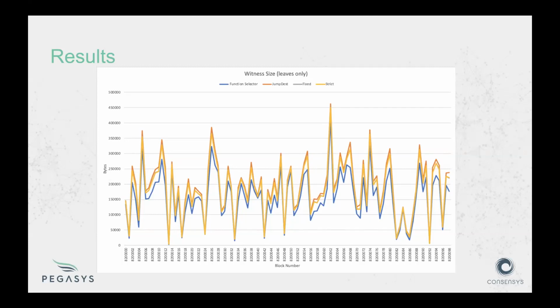There are also some of the contracts which couldn't be analyzed. If a contract couldn't be analyzed, say due to dynamic code copies, then the witness for this technique was included as the whole contract. So it'd be interesting to change the analysis to just completely remove those as outliers, because for all techniques they're going to end up with pretty much the same witness size for one of those contracts that couldn't have been analyzed. And so, yeah, it'll be interesting to see what that looks like